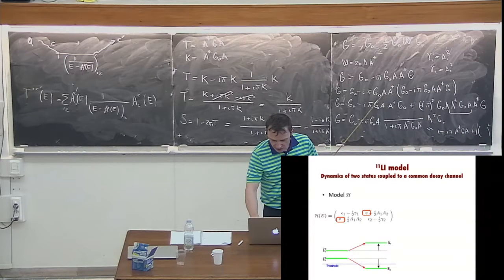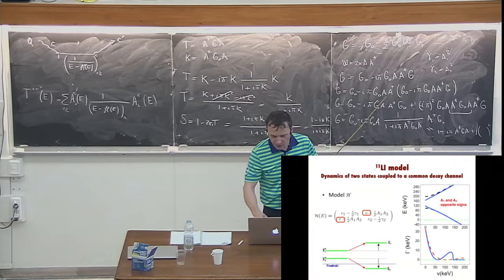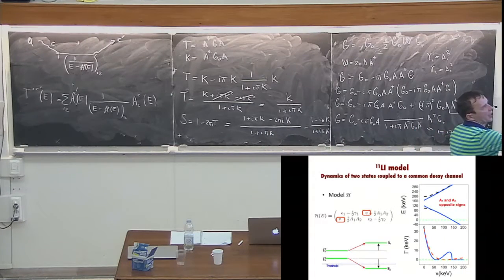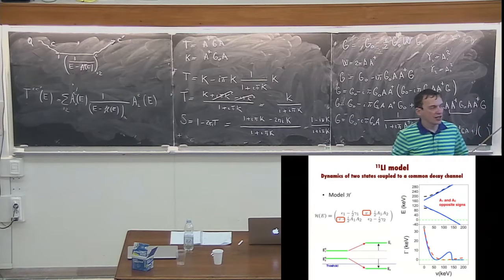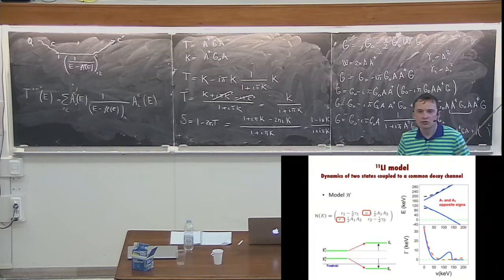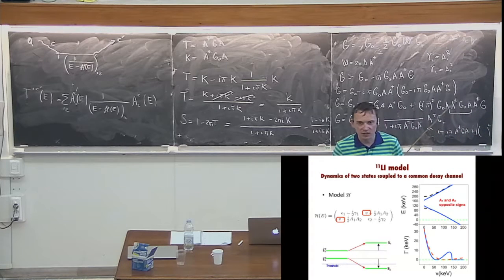Now, an interesting situation happens if I change the phases of these amplitudes. Because I said amplitudes A1 and A2 are proportional to their corresponding phase spaces, to square roots of energies or powers of energies. But I didn't specify what the relative signs of those two are. So if I change the sign to the opposite,